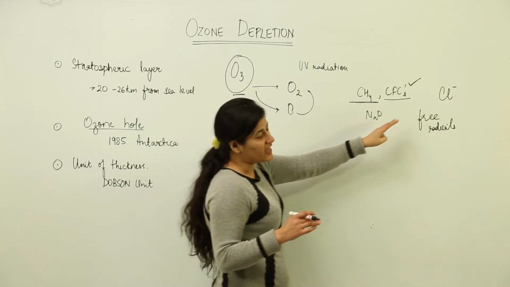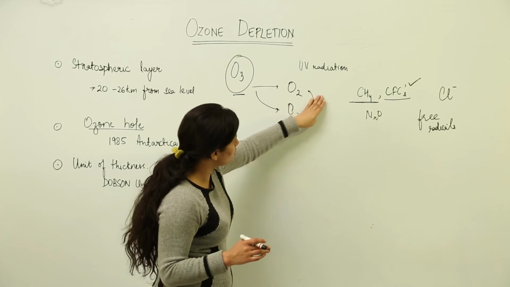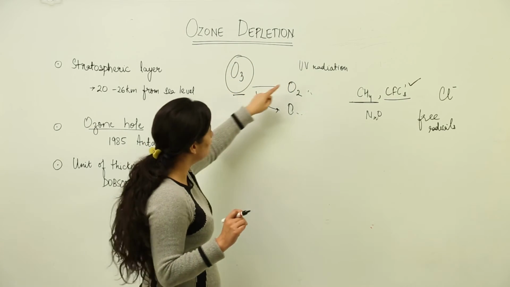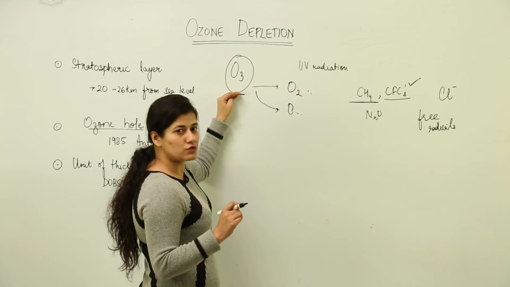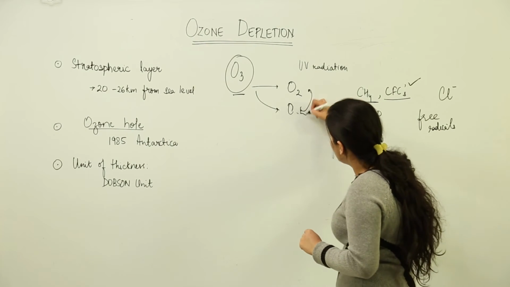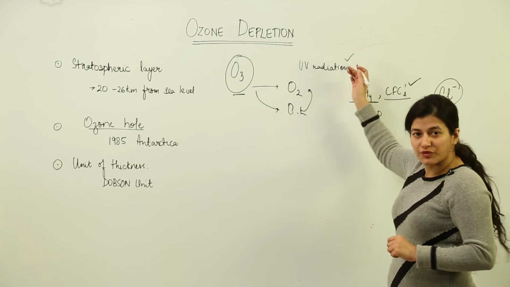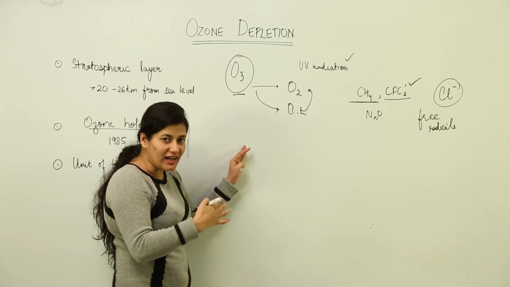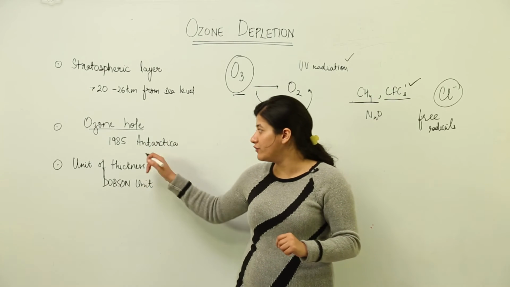Now this free radical is like a catalyst. UV radiation would come and break down the ozone. Chlorine free radicals would themselves also break down the ozone, but the combination where ozone is regenerated is not going to take place because of this and the UV radiation which is further coming. So in a way, the thick ozone sheet gets thinner and thinner, and that is known as the ozone hole. It was discovered by a group of scientists in 1985 over Antarctica.